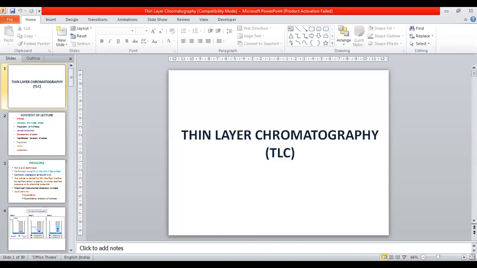So an imaginary line is drawn at one end of this particular TLC plate, and over the imaginary line, or at the origin, the sample containing one or more solutes is going to be dropped either by means of a capillary or something else. After the sample is introduced over the imaginary line, the TLC plate is going to be immersed into the solvent which is present in the beaker, and this beaker is also called a TLC tank. The TLC plate, after the introduction of the sample, is going to be immersed into the TLC chamber or TLC tank or the beaker.